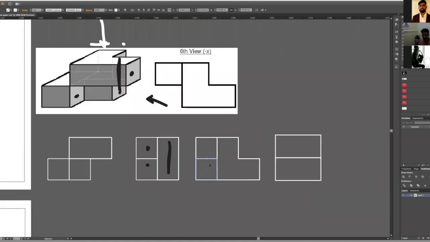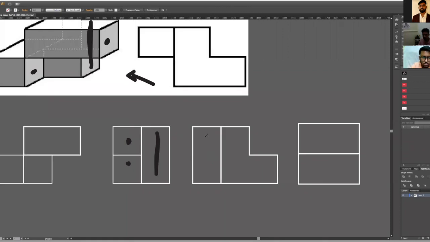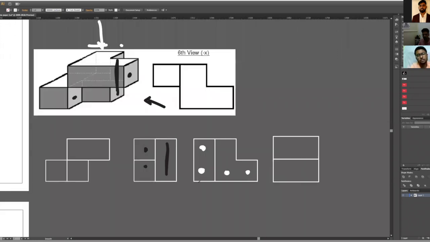There is no 3 cube. Lengthwise, yes, we have 3 cubes. Are you getting it? We have 2 cubes here, and lengthwise we have 3 cubes. So when we place it at the top of the shape, the 3 cubes are at the front, which is nothing but this one. That's how it will look. Is it clear? Okay, yeah.